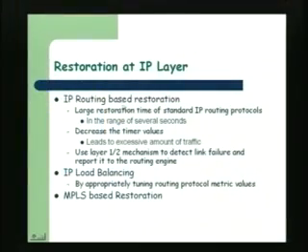If you see restoration at the IP layer, we have really large restoration times. By the time the IP routing protocol discovers that some node or link has failed, and then tries to recover from this and establish or restore a new path, you may take